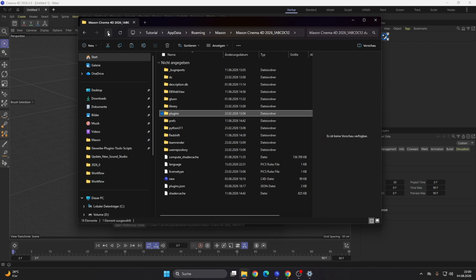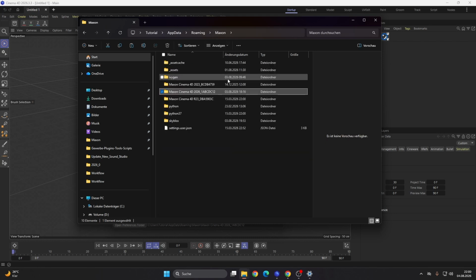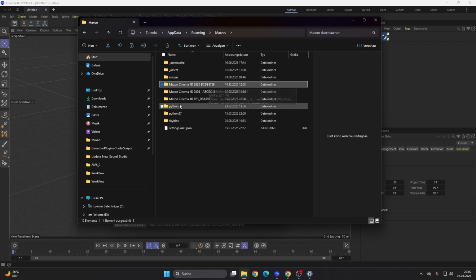If you're using multiple Cinema 4D versions, for instance 2024, 2025, and 2026, it could be a good idea to install the plugin into a custom plugin folder, so that every version of Cinema 4D uses the same plugin folder. Because Skyblocks is writing its data into a Skyblocks folder, if you have an older version installed in a specific Cinema 4D version and you use that, it overrides the files inside.